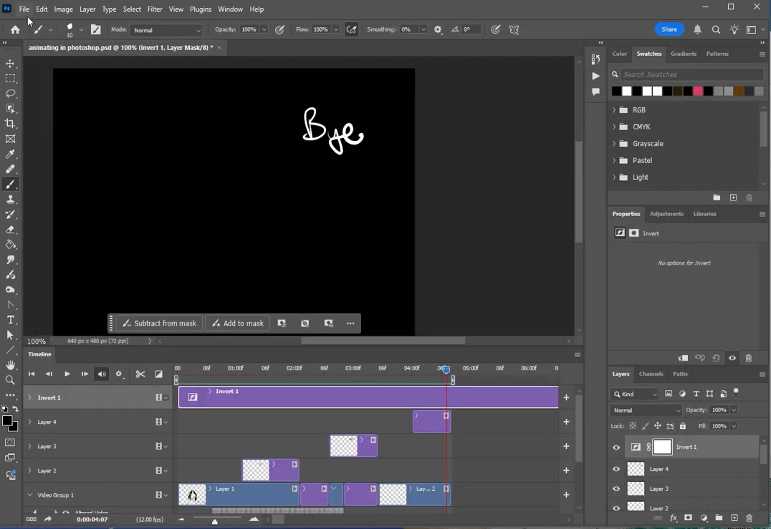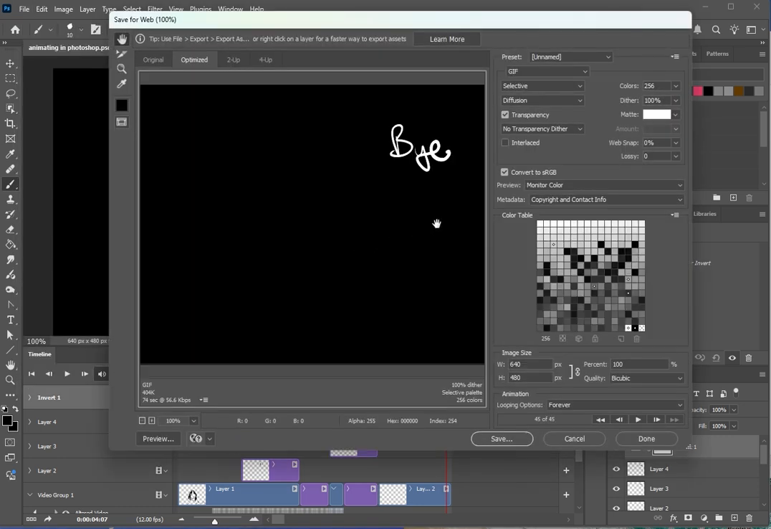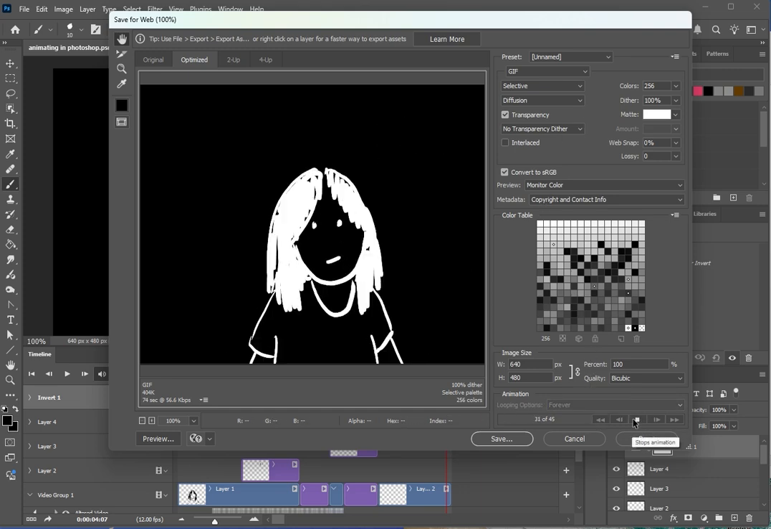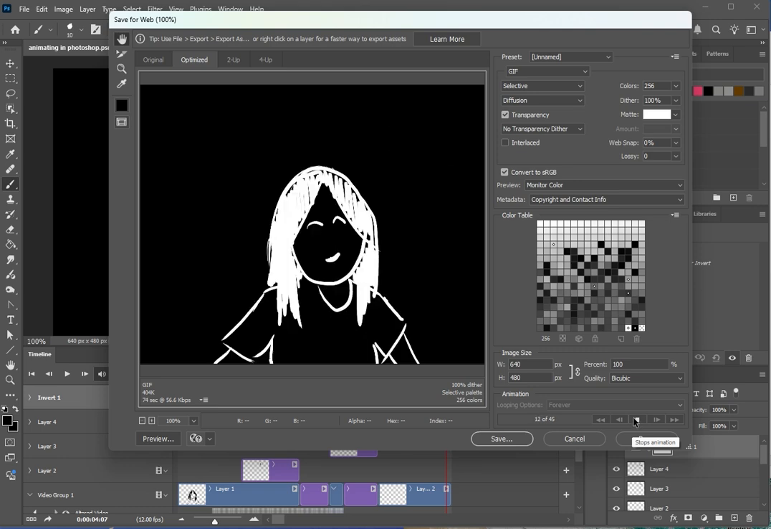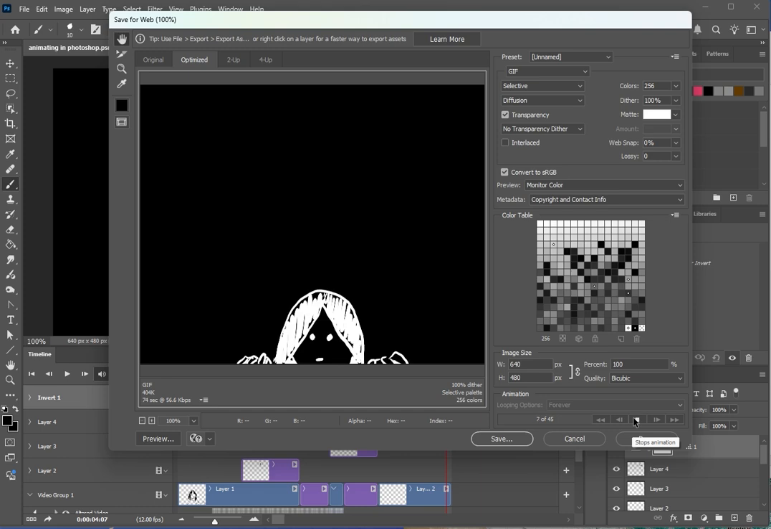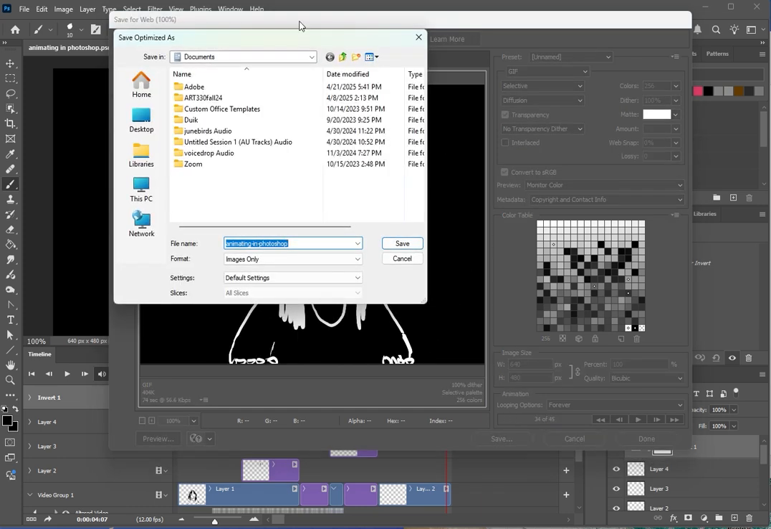So now let's export. File, Export, Legacy, Export to Web Legacy. Make sure it's a GIF, loop forever, preview it. Looks pretty good. All right, so I'm going to save this. I'm pretty happy with this. So that's it. Now just make sure you're saving it where you want it, and you've made your first GIF in Photoshop,